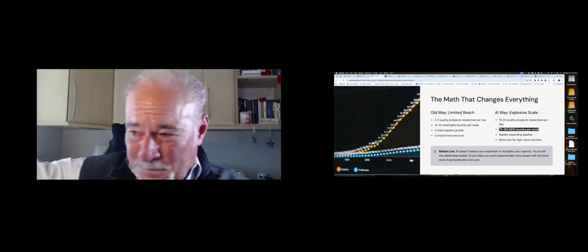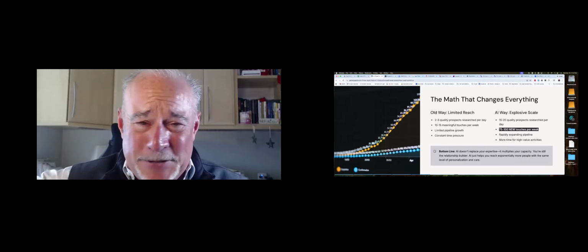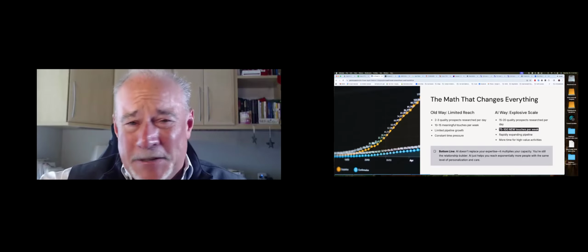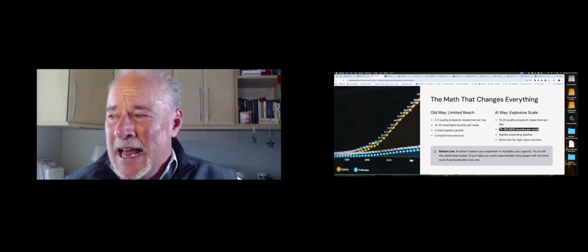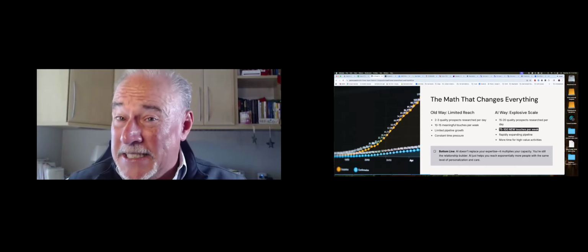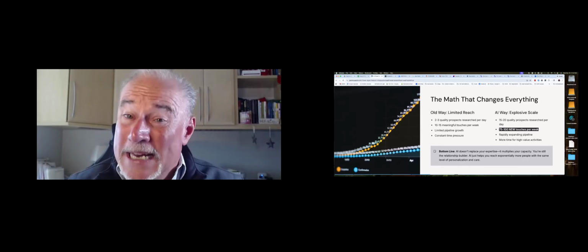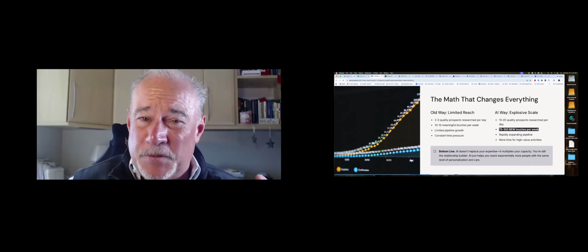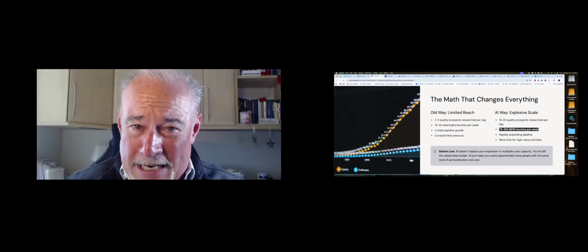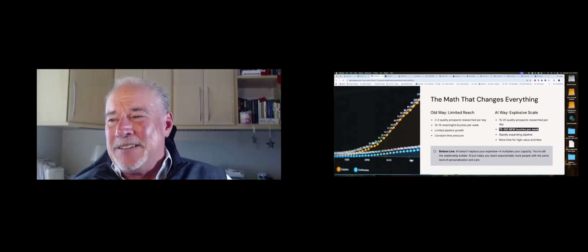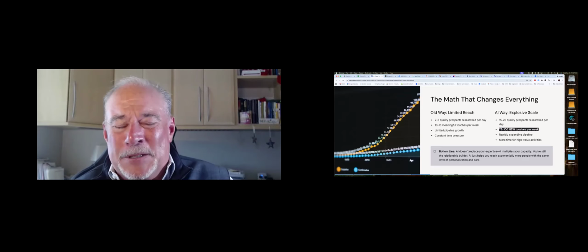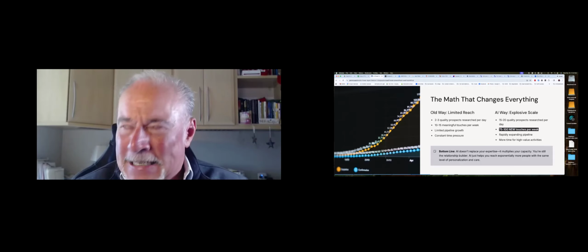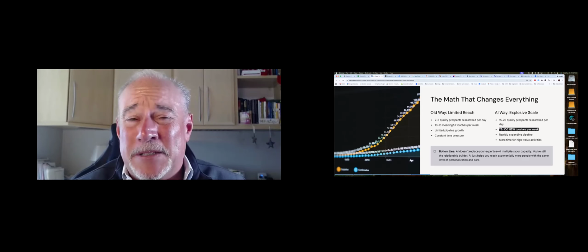AI will not replace your expertise. You still have to become an expert in the areas that you're doing business in. However, it can multiply your capacity, meaning you can reach more people meaningfully, using AI as the back engine, if you will, for the information you're putting out. You still have to be the relationship builder, and when I mentioned that that's going to become even more essential in the years ahead,